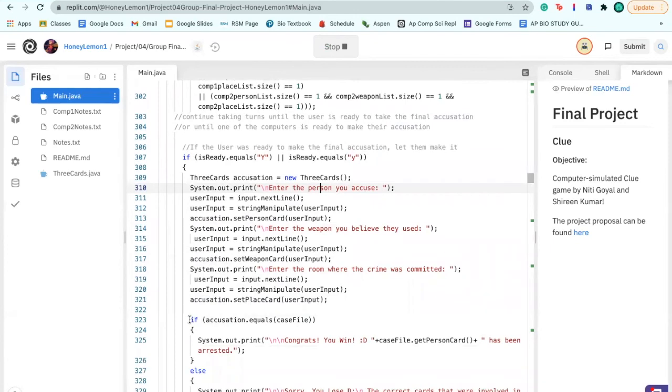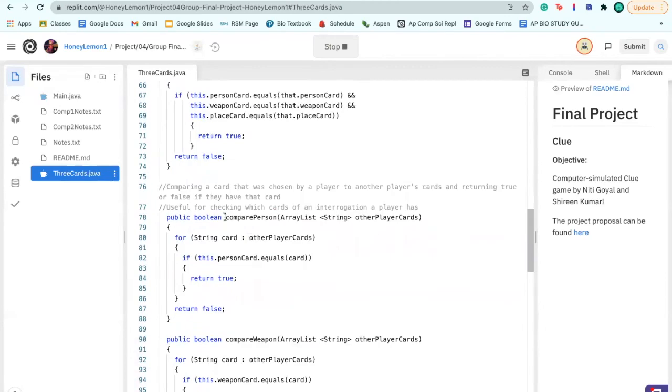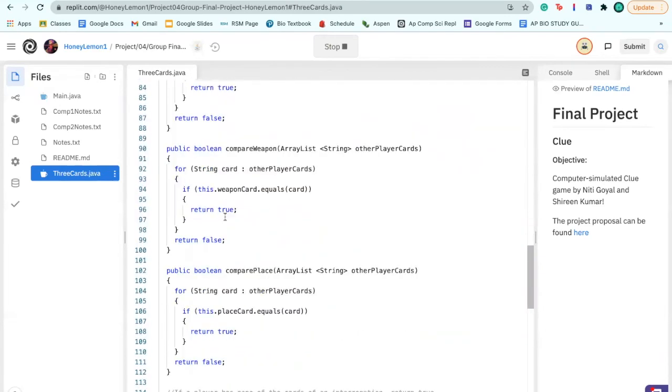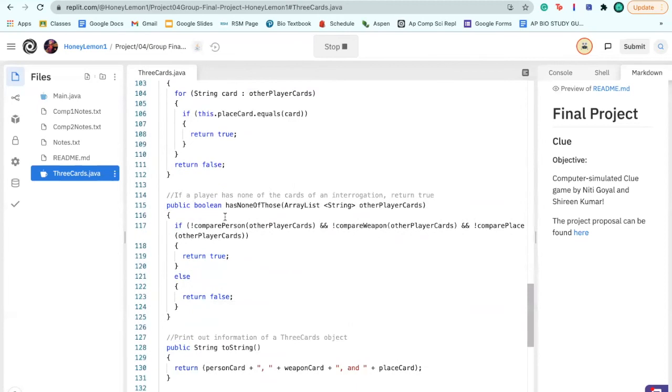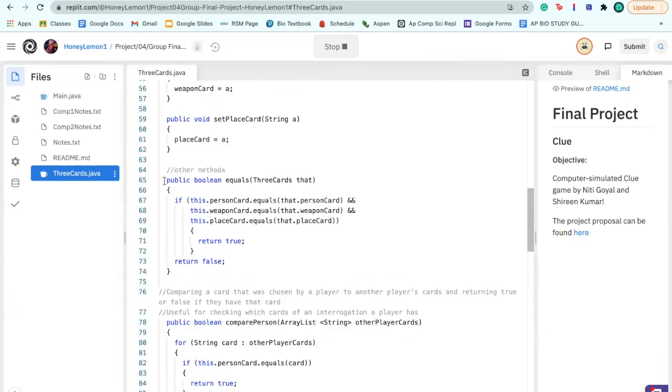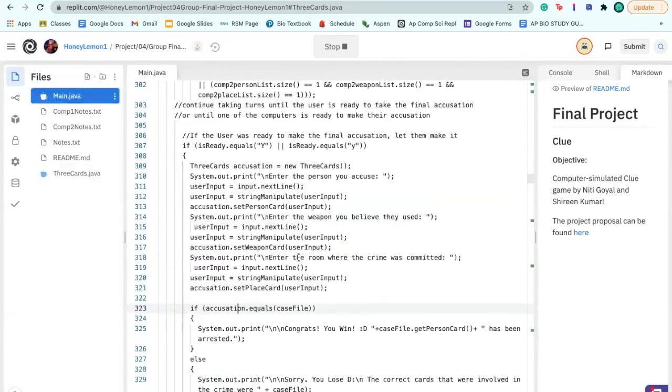Now we have this statement. It says if accusation dot equals case file. So now is the part where we go to the 3 cards class, and here we can go down to the equals method, which is here. So here we have our equals method, which was called, and it just compares the case file card with the accusation's card. If it returns true, then it means that they are equal. If false, then of course it's not equal. So if we go back to main Java,